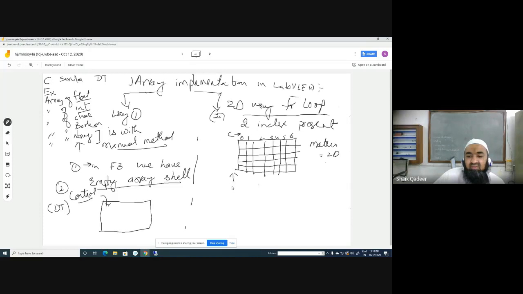This is a 5 by 7 matrix, correct? In which there are 5 rows and 7 columns.